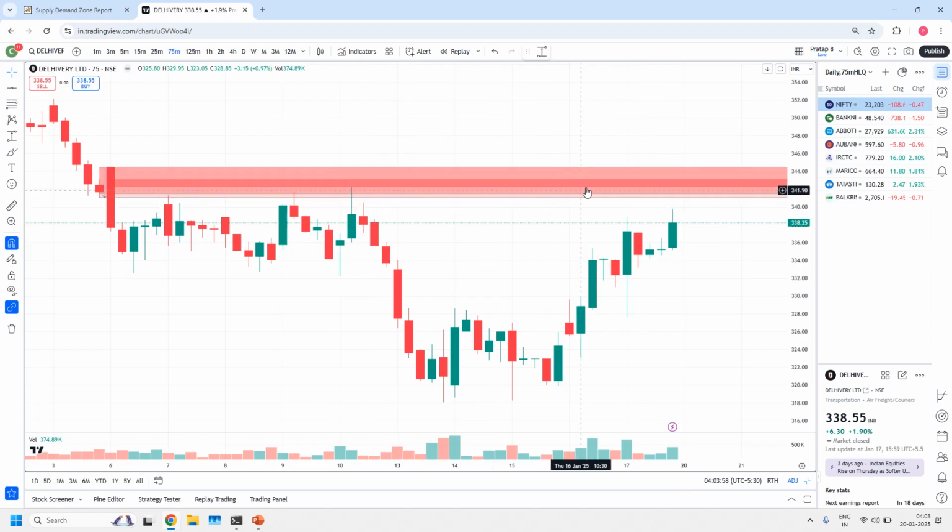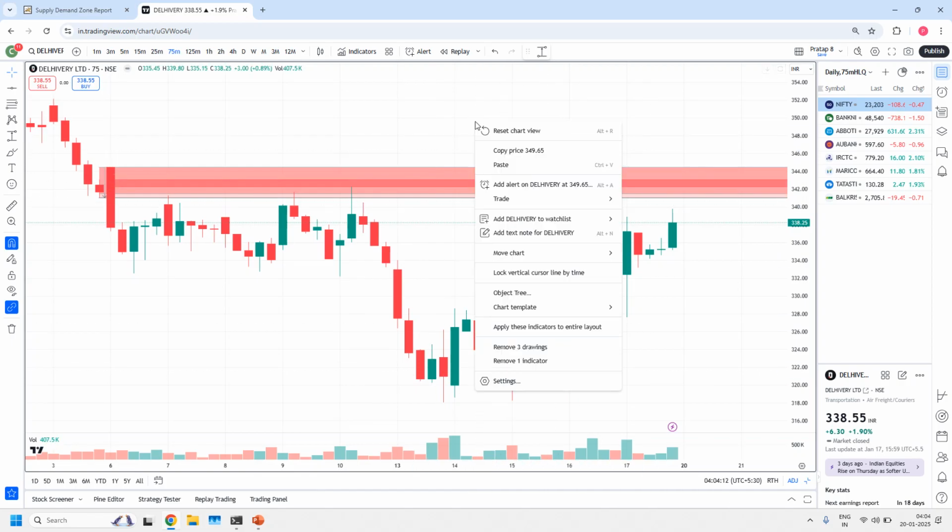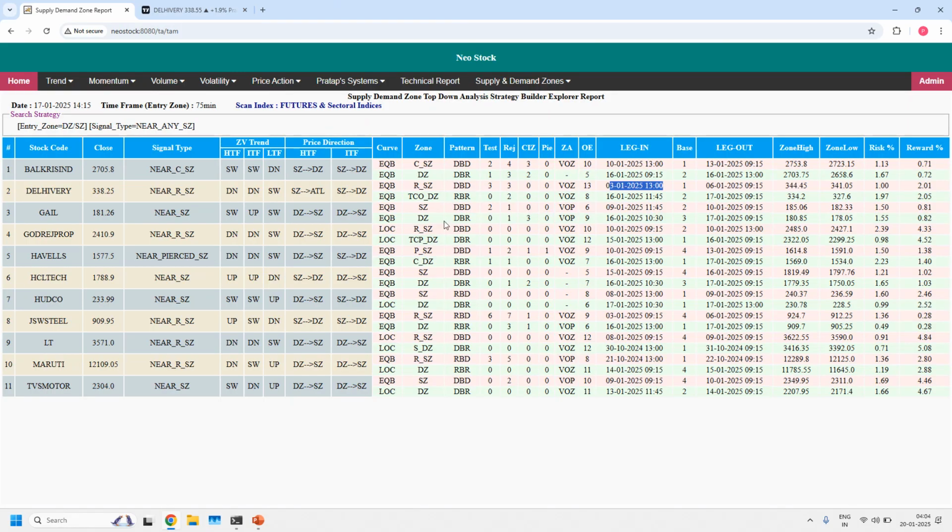At one point we can say a strong order flow is there in this area. That is what we have seen from this price action. First time, second time, third time. So this is about delivery. Next one is